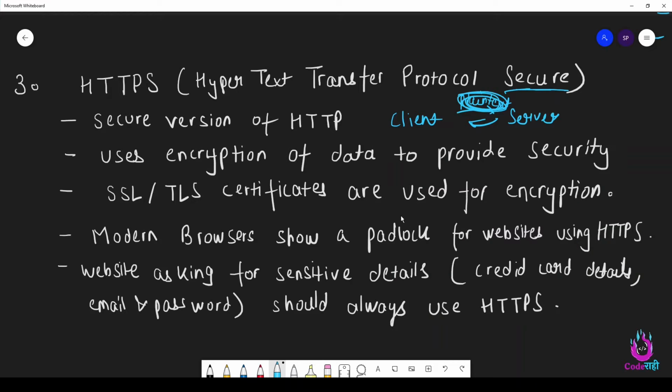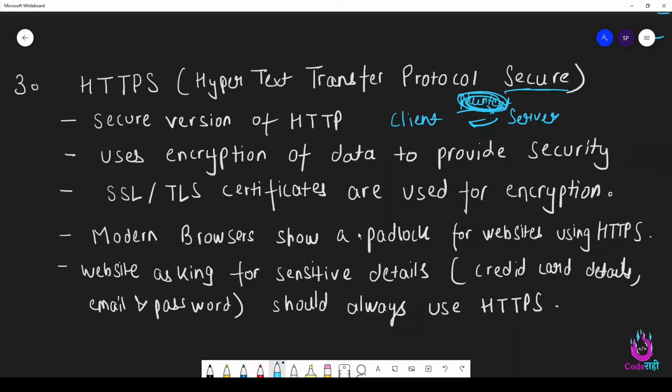You must have seen that in the case of, let's say, bank login or any such websites where you enter some kind of sensitive information, those websites always use HTTPS, and it's mandatory for those websites to use HTTPS.